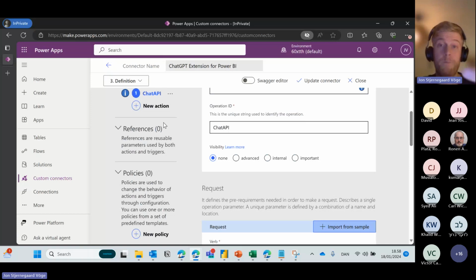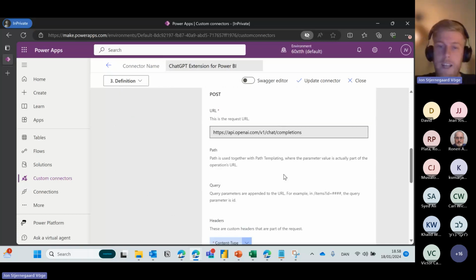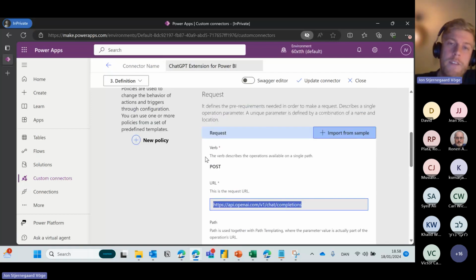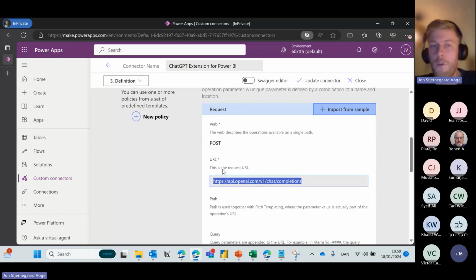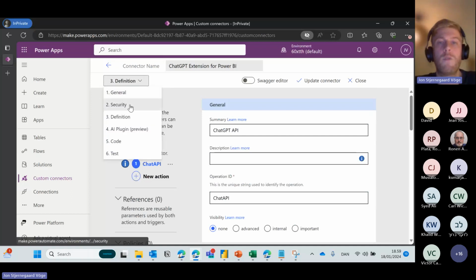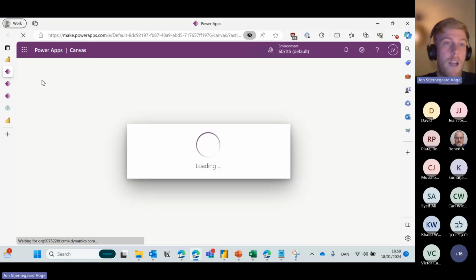And so that's what I've done here. I won't have time to go in details with the exact way to do this, but essentially you need to provide the methods that you want to be able to use. You need to find the correct URLs, and you'll also need to define an API key to authenticate against the API in question, and you'll be able to create a custom connector towards that API. And here I'm just using my personal OpenAI ChatGPT API keys to create